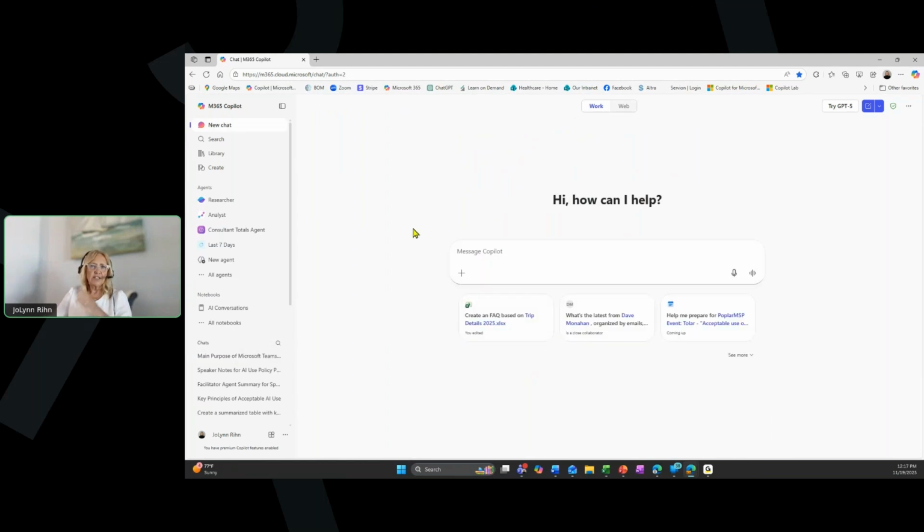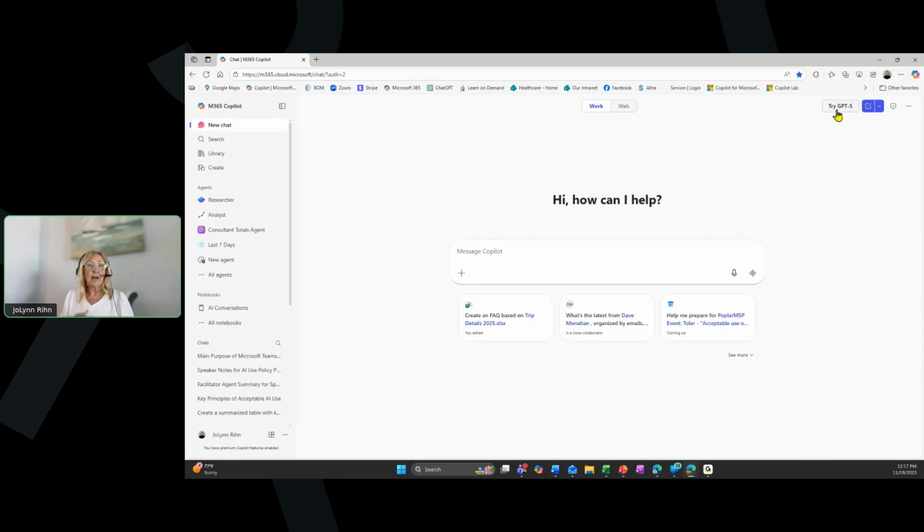Now, while I'm in here, before I start diving into a few more examples of using it with Teams, I just switched over to work. So I clicked on the icon at the top for work. So before I do my next demo, another example of how to utilize it, I'm also going to go over to the right-hand side and click on Try GPT-5. If you haven't heard already, GPT-5 is actually the latest model. If you kind of think of it as being versions of Copilot, that's kind of like a way to describe what a model is. So right now, the latest and greatest is